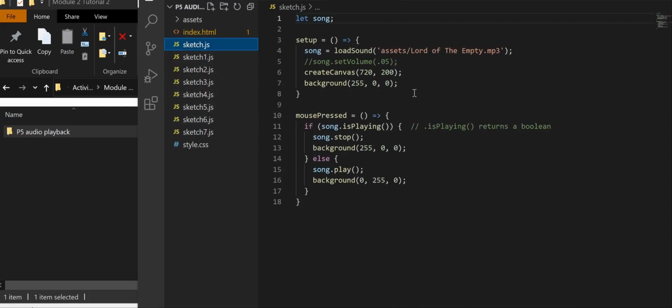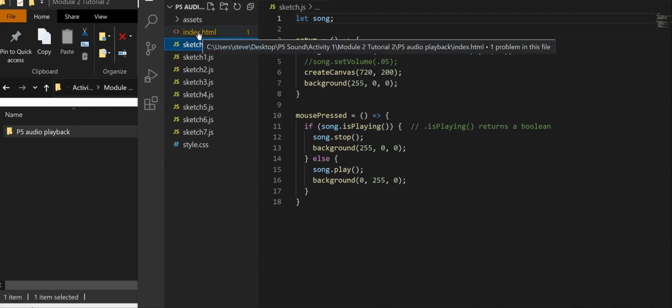Super simple, right? So what we have going on is a variable we're calling song. So let song. In our setup, you can see we're using ES6 function syntax, and our song, we declared it here, and now we're defining it. Song equals loadSound, and that's the function that P5 sound uses to load an audio clip. And you can see that it's using a string that is very specifically connecting the URL, which is our assets